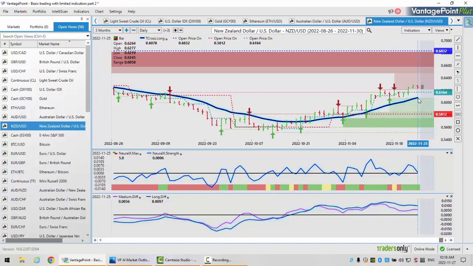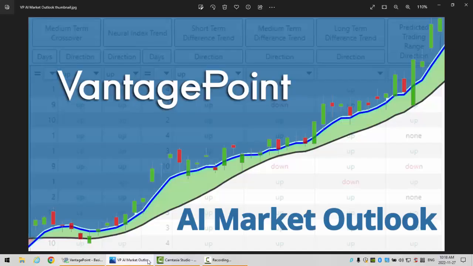But the media spin on what the Fed's position is is just that, media spin. That's all it is. The Fed has not verified any of the comments that any of these news outlets have said. So expect a choppy week as we go into month end. In most cases, stocks do rally. So probably a short-term move against the dollar, and then we see where we are in the month of December. So with that said, this is the Vantage Point AI Market Outlook for the week of November the 28th, 2020.